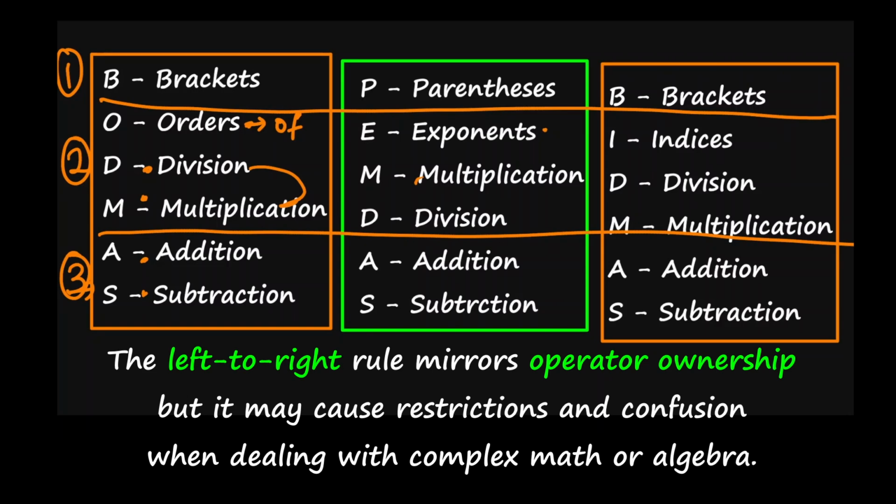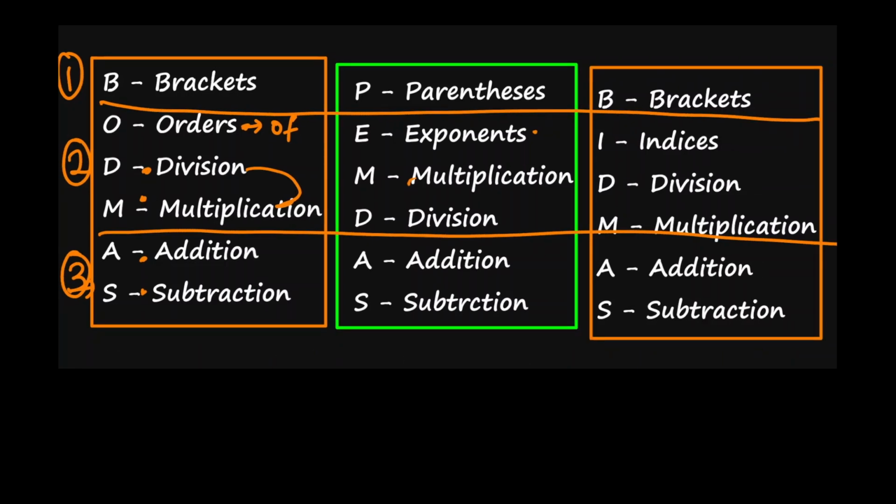One key reason why the left to right rule may be a problem later on, especially for advanced learners, is when you get to algebra proper, advanced algebra, where you have to combine a lot of terms that have variables. You find it difficult going left to right because you feel so rigid. But once you know the operator ownership rule, it makes it easier for you, you become more flexible to be able to move terms around in expressions. You need that skill when you get to advanced algebra. That's why I'm sticking with the operator ownership rule instead of the left to right rule. Now, how does this apply to problem solving? That's exactly where we are going next.